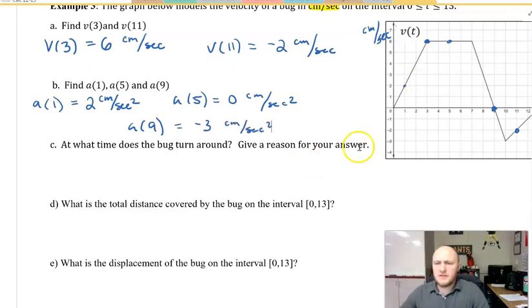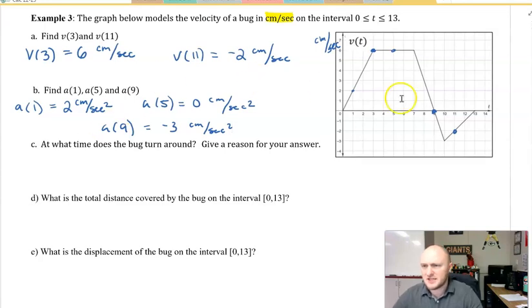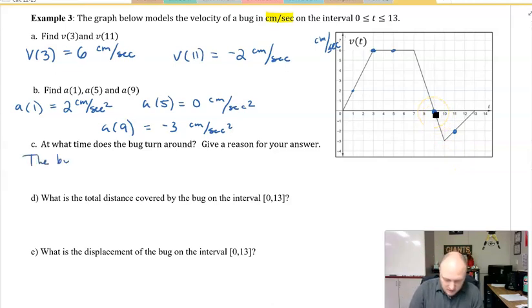Okay, so all of that actually included this next one, C. Where does the bug turn around? Well, this is when the velocity changes direction, when velocity changes signs, okay? So that happens at 9. We can say the bug turns around at t equals 9 seconds